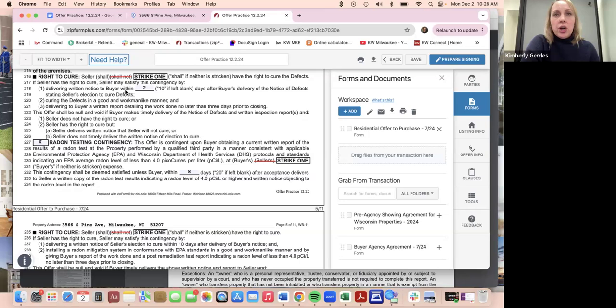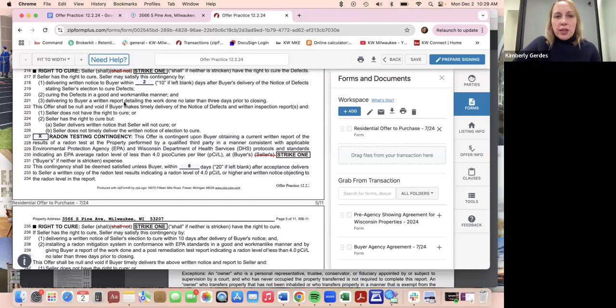If your buyers are prepared to take on the work themselves, that's one thing. If your buyers are ready to walk because they can't take on repairs, you would draft a notice of defect listing all of the defects that were found in the home inspection report. You then deliver that to the listing agent. This indicates here the seller has 2 days after the buyer has submitted that notice of defects. The seller has 2 days to determine whether or not they're actually going to cure everything that is on that